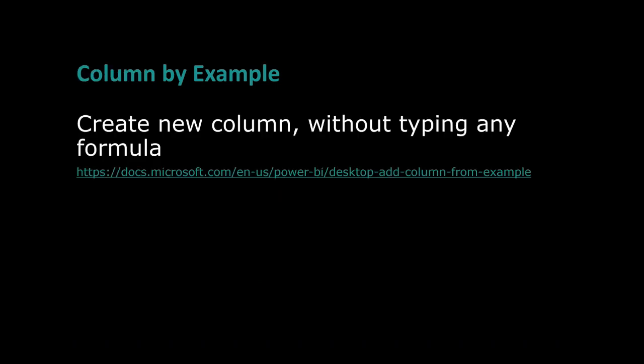And the similar thing is column by example. If you want to create a new column in Power Query, not a calculated column in DAX, then you can just type in what you want to have from these columns, and Power Query tries to find out, which I think is also like artificial intelligence. I don't know how they implemented this, but this is a really, really cool feature. Check this out if you have time for that. Other than that,